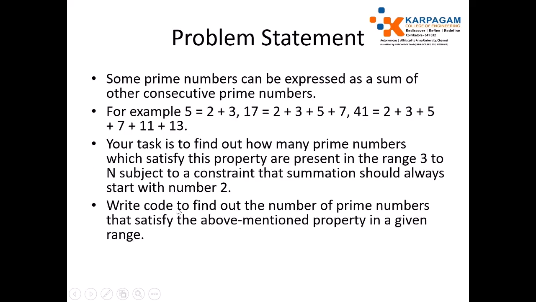I think you got an idea how to calculate consecutive numbers. For example, when the user gives 10, we need to start from 3 and go up to 10. Then check whether you have consecutive prime numbers or not. We need to find a number which can be represented as a summation of consecutive prime numbers. For 10, we have only one option, that is 5. It can be expressed as 2 plus 3. For 20, we have 2.